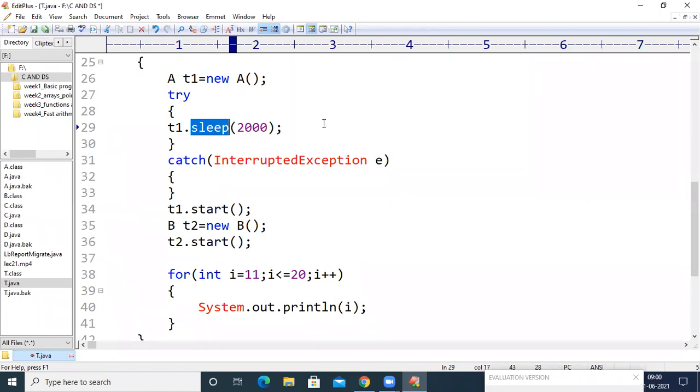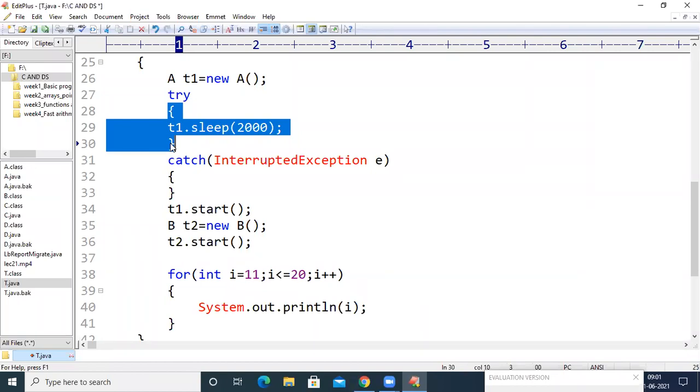Within the open braces and the closed braces, if there exists any runtime exception, not only interrupted, it may be an arithmetic exception, an array index out of bounds exception, or any exception, it will be identified by the try block.